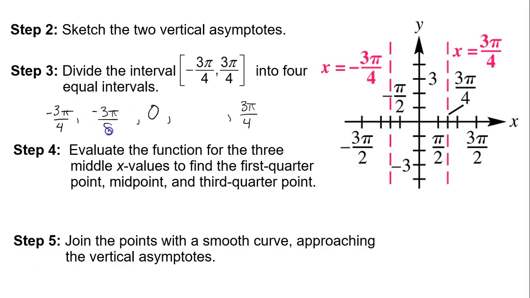3 pi over 8. Do the same thing here. Halfway between 0 and 3 pi over 4 is this value divided by 2. So it's going to be 3 pi over 8. Okay, halfway between about here is 3 pi over 8. And here,